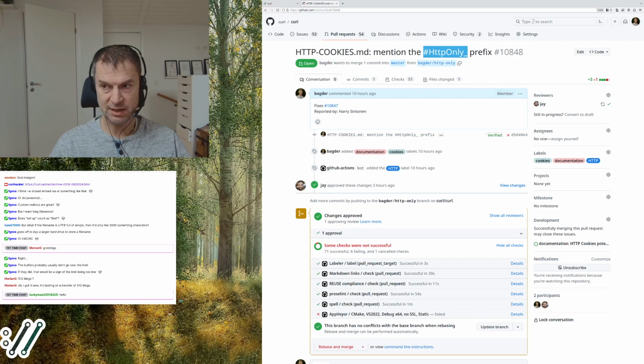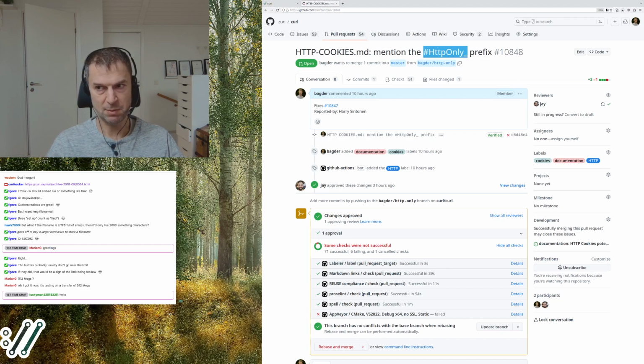when we store cookies in a file, we call that the cookie jar, right? And the cookie jar uses a file format that was actually created 20 years ago. It was created by some browser. I'm not sure exactly which browser, but I know that Firefox used this format 20 years ago. So it's not that we invented it. We made sure that we interoperated with that file format that was used by the browsers back then. Of course, no browser is still using this file format, but we are. So we stick to that file format.